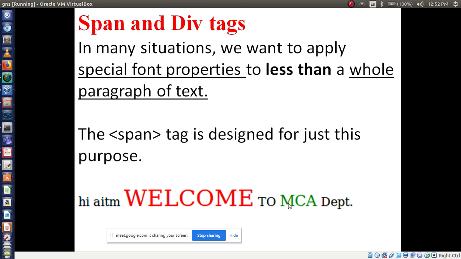Another tag, H1 tag. Another tag is H1, right? And another tag is P tag. P and H1. Based on these tags, we display our content, right? So inside the H1 or P tag, you have to use the span tag.